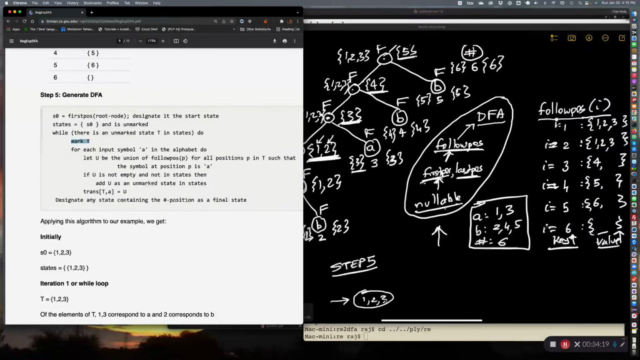Oh, excuse me, 1 and 3 correspond to A, and 2 corresponds to B. And that's what this for loop says. The for loop says that for each symbol in the alphabet, A and B, one is A and the other is B, what you do is you must take the union of the follow pos of all the positions which correspond to that symbol. So in this case, if you want to do the A transition,